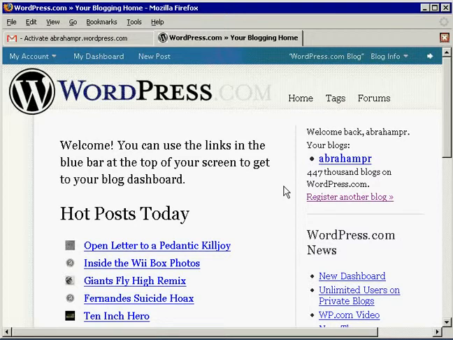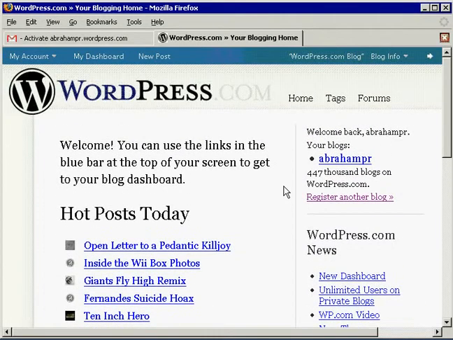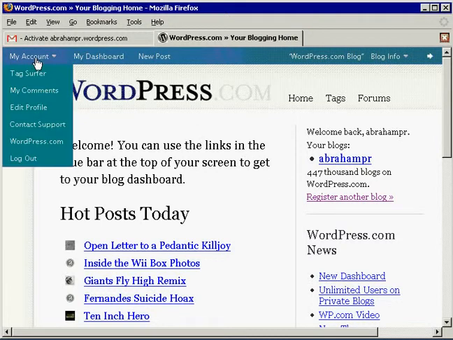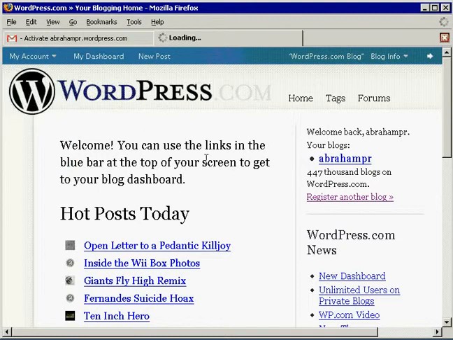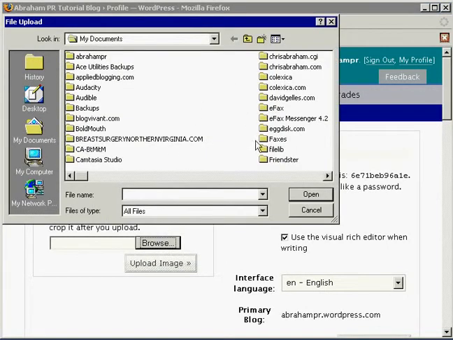We're in the easy, friendly to use My Account area. So we have all kinds of new information here, but what we want to do firstly is go to My Account, and I think we should probably go to Edit Profile, before we start blogging so that we can make sure that our password is safe and all that other kind of stuff. In this case, you can do all kinds of fun things, like, for example, I can go to